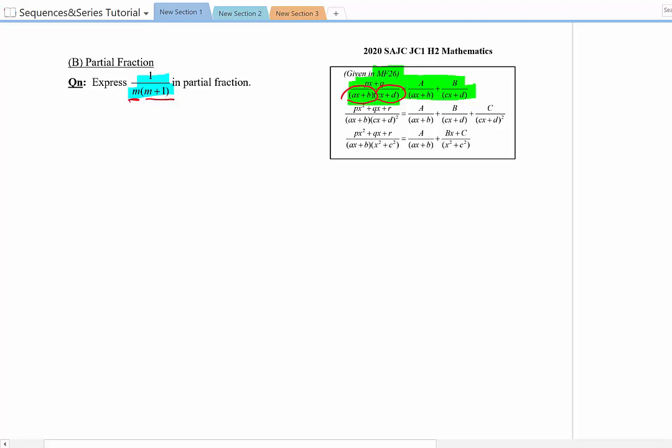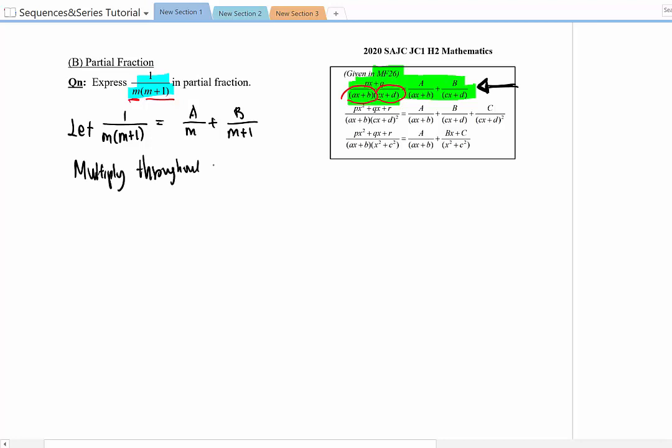All right. Using this, we can then go back to our main question and we can write, let 1 over m(m + 1) equal to A over m plus B over m plus 1. So essentially we are using our formula over here. All right. And we want to find the unknowns A and B in order for us to decompose the fraction as required. In order to do so, we can multiply throughout